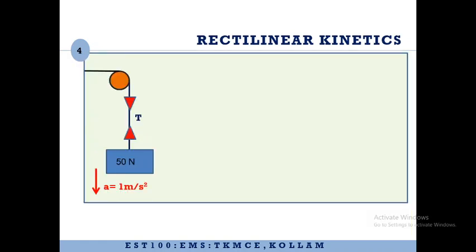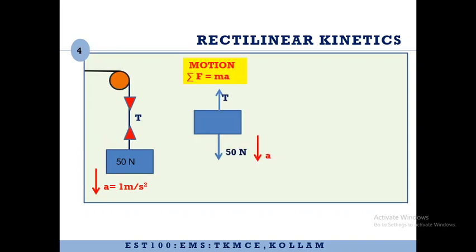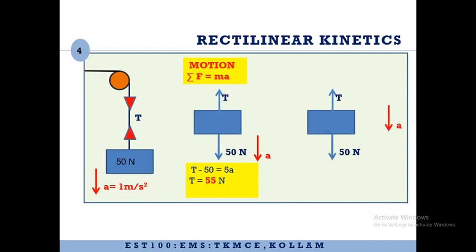Then we considered a different method of analyzing problems in dynamics. So in the first case, what we did was we analyzed it using Newton's law of motion. That is, by second law, the net force is equal to mass into acceleration. In the second case, we first drew the free body diagram with all the known forces acting on it. Then we assessed the direction of acceleration acting on it. In this case it was downward.